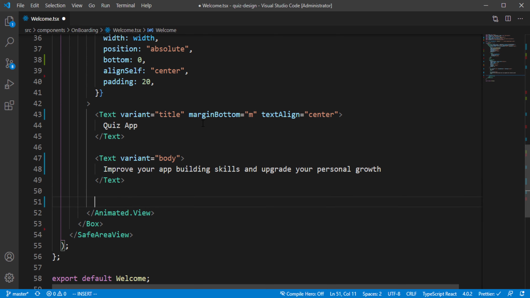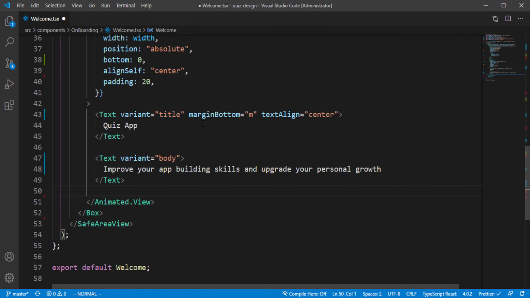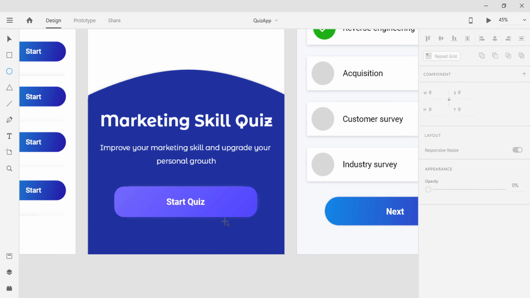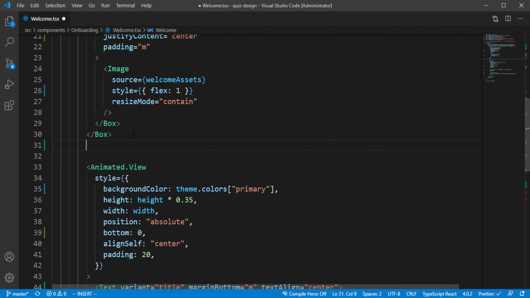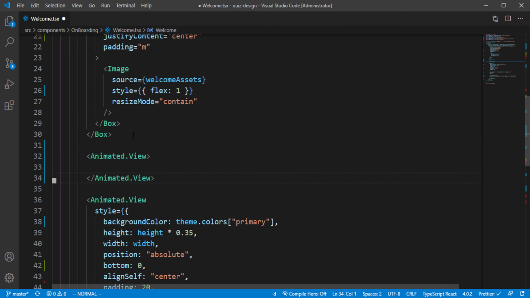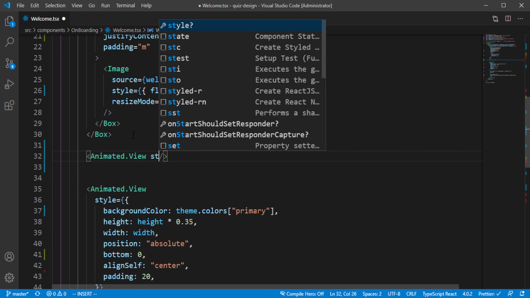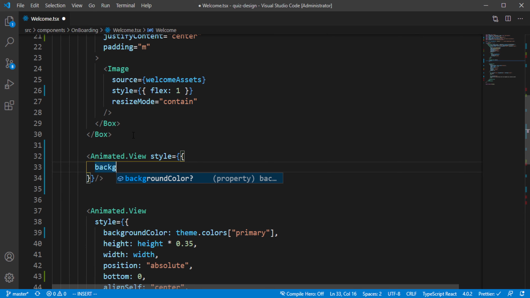So the one remaining now is the button, but for now we are not going to touch the button, because we're going to create our own custom button to look more neat, like something like this. So at the top here, we have to go back to that top, because we want to create that shape. It's going to be an Animated.View. We don't have anything inside, so let me just close it here, but it's going to have a style. So inside here we have the background color, same background color with